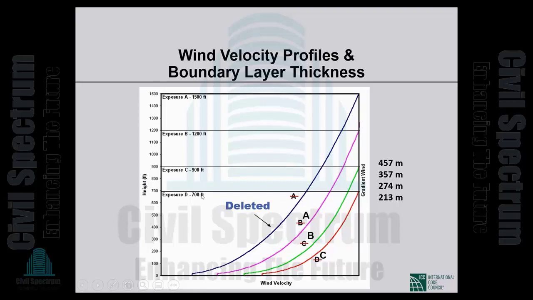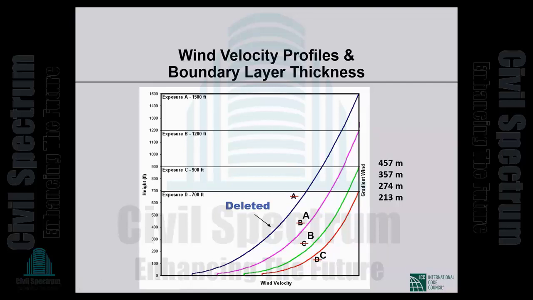It is also called gradient height. So for exposure C, I forgot to change this. So for exposure C, the thickness of the boundary layer is 700 feet, which is 213 meters. For exposure B, it is 900 feet, which is 274 meters. And for exposure A, it is 1200 feet, which is 357 meters. Okay. So